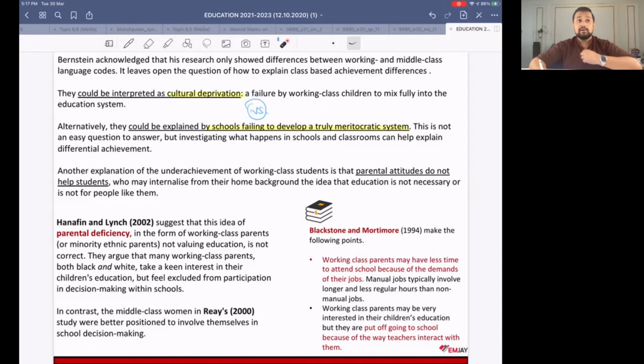If the education system claims that it works on meritocratic principles, don't you think it is the education system's responsibility to investigate what happens at school, to look at the comparison between both of these explanations? What can also be brought in over here could be parental attitudes again.